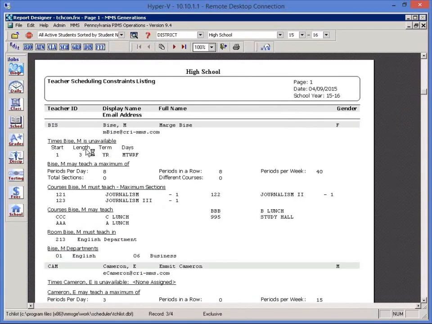If I max this out, I'll be able to see here is the teacher ID, their display name and full name, their email address, what gender they are if it matters, and then here we have the times that the teacher was unavailable, what they may teach, so here are their time constraints, the courses they must teach with how many sections,